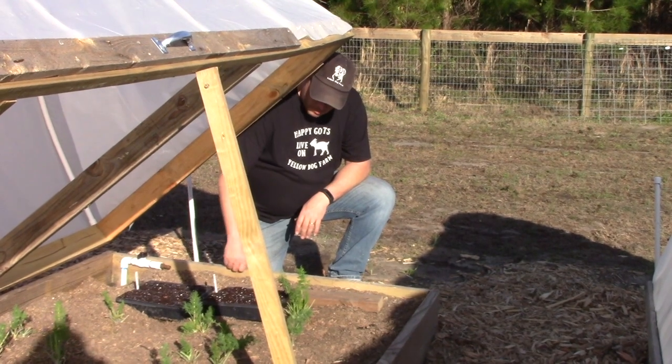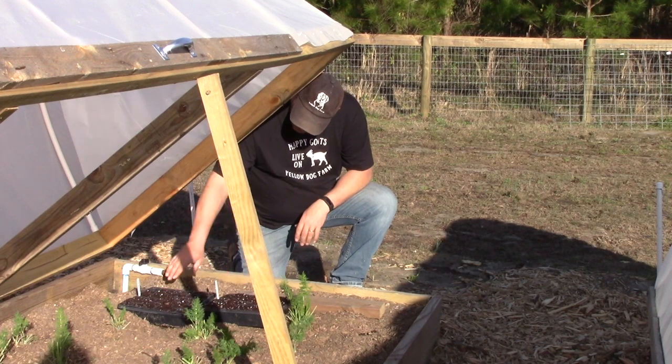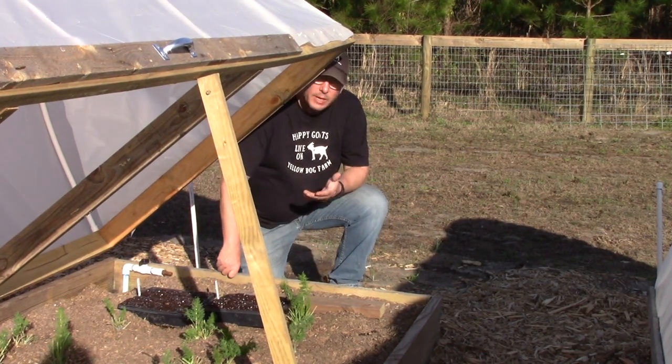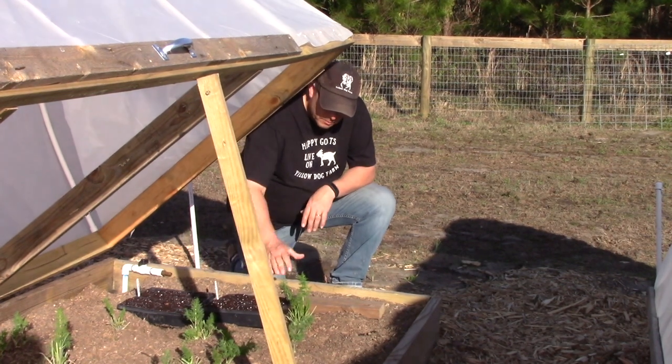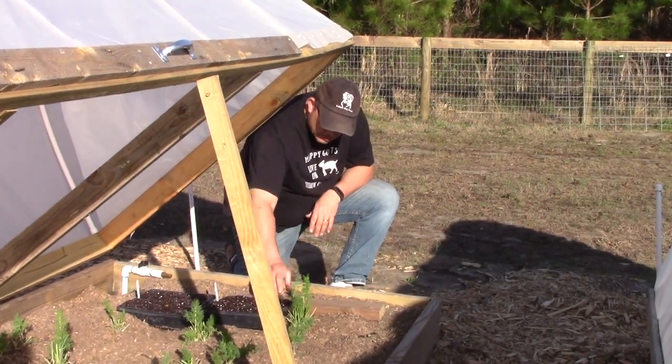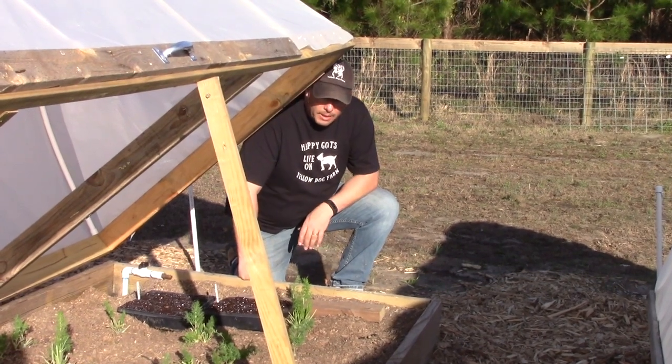Alright, well here goes the first half of the experiment. We've got the butter crunch here and the salad bowl lettuce, and it's here in one of our low tunnels. You can see the dill. We just cut back some of this dill earlier today quite aggressively, so we'll see how well that comes back,